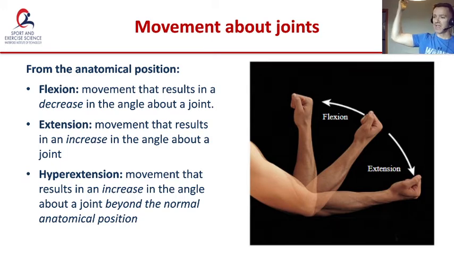That is flexion. And then opposite to that, we have extension. So if we go from 90 degrees back to 180 degrees, we have increased the angle at the joint, so therefore that is extension. Flexion decreases the angle, extension increases the angle. We also have an extra type of movement there called hyperextension. Hyperextension is any movement that results in an increase in the angle at a joint beyond the normal anatomical position. Now, I am not double jointed, so I can't hyperextend my elbow. Some people can, where you'll see that they can extend their elbow beyond the normal anatomical position, but more usual